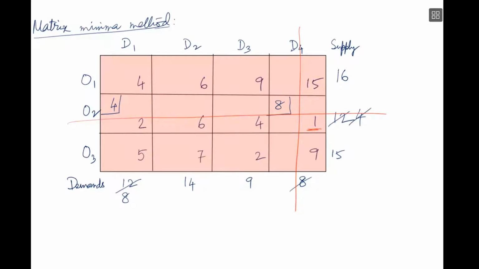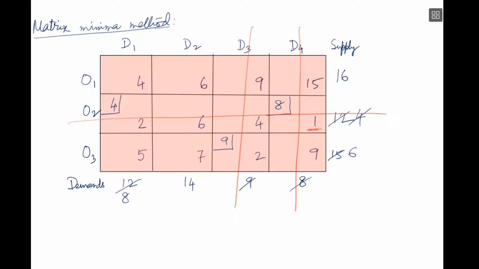Again we repeat the process, that is, we find the minimum from the reduced cost matrix, and we see that the minimum cost now is 2, which occurs at the cell 3-3. So we make allocation at the cell 3-3. Maximum possible allocation is 9, demand is fulfilled, supply available is 6 units now, and we then discard the column D3,